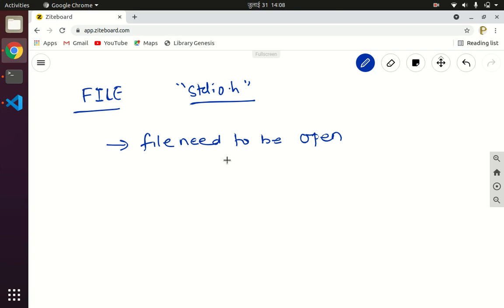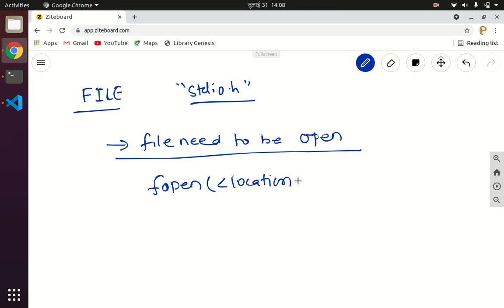So there is a function defined to open the file, called fopen, and the syntax of the fopen function is: the first argument is the location of the file on secondary memory or on your computer system, and the second is the mode in which you want to open your file.